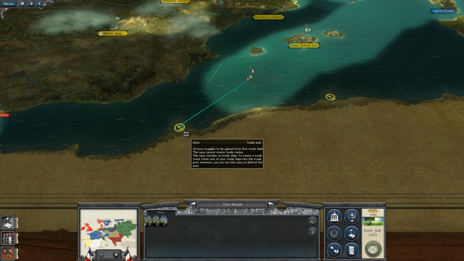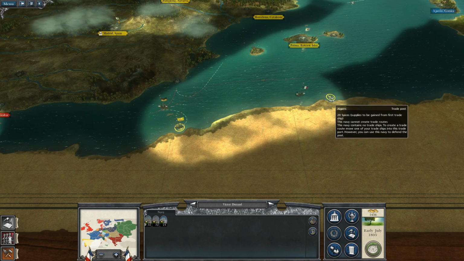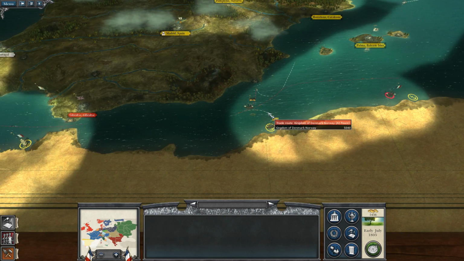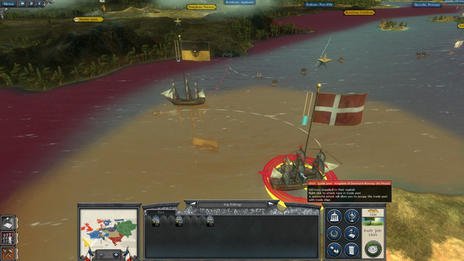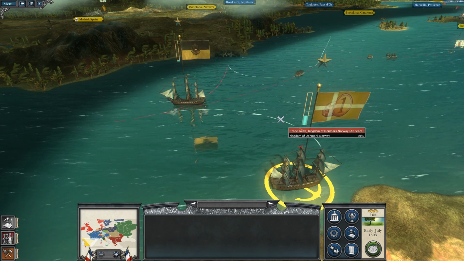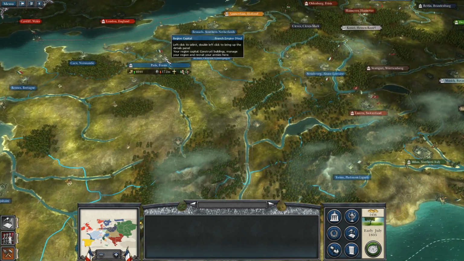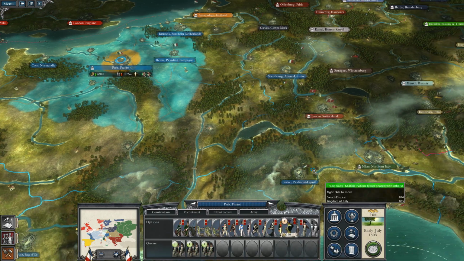For the trade portion of this game, I find it's this passive-aggressive thing where, you know what, I should have claimed these first, because as you can see here, even with a really small navy trading ivory, Denmark/Norway is gaining like 5k off of that route itself. So with that said, trading inside the Darth mod version of this game is